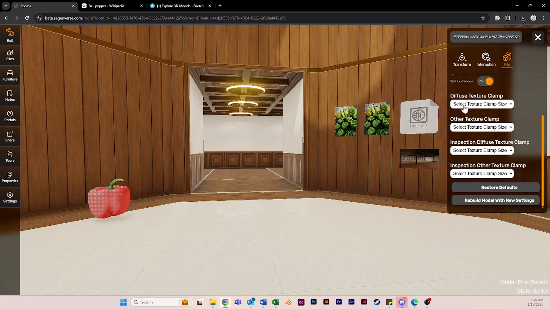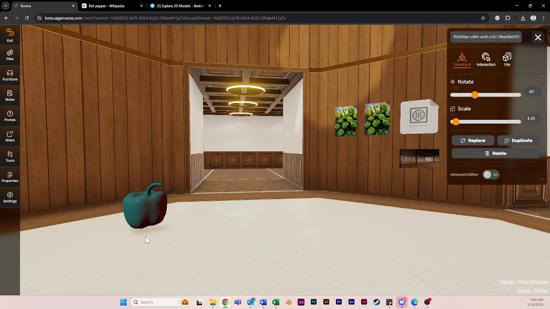And then after you've made those selections to apply them, you can click this rebuild model with the new settings. If you get into trouble, you can always click the restore defaults, and it will set the model back as if you had just uploaded it to the room. Okay. So that about covers